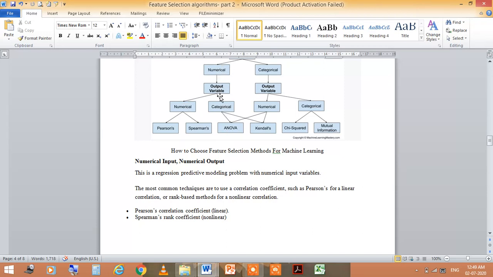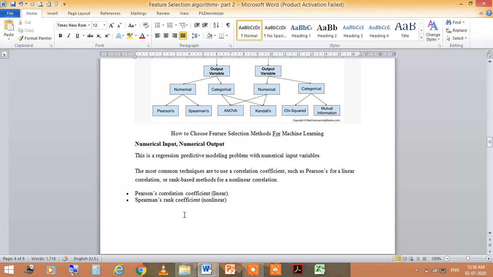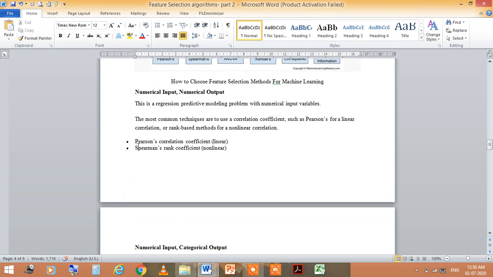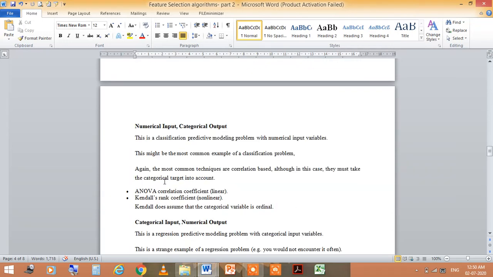In numerical input and numerical output we use the Pearson correlation coefficient, which is linear, and the Spearman rank coefficient, which is non-linear. And in numerical input and categorical output, we use the ANOVA correlation coefficient, which is linear, and Kendall's rank coefficient, which is non-linear.